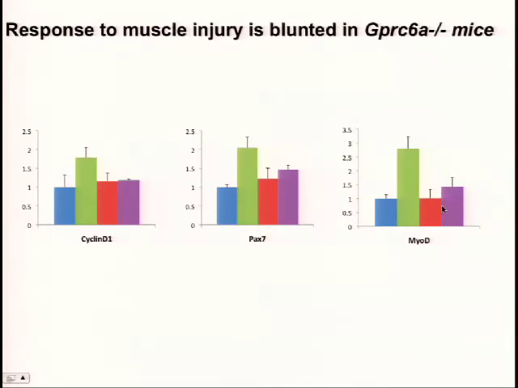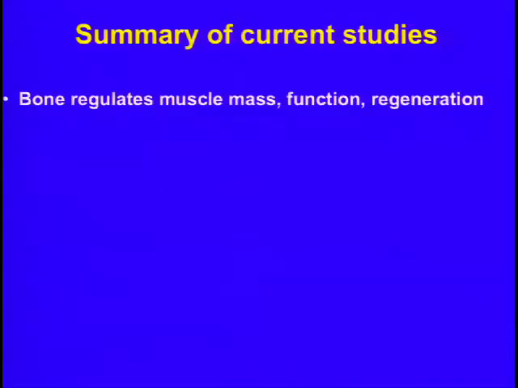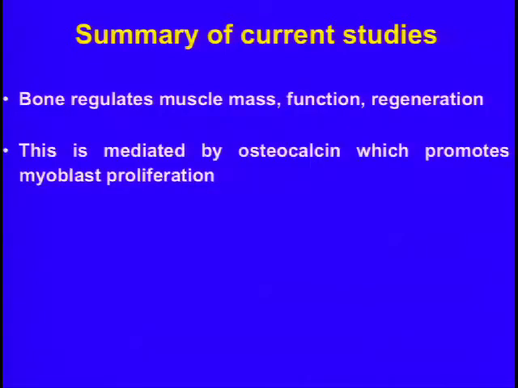So, in summary, it seems that among the functions of osteocalcin, the regulation of muscle mass and muscle function is one of them, and it's again a function that goes bad in aging. To be more precise, bone regulates muscle mass, muscle function, and muscle regeneration. It does it through osteocalcin, which promotes myoblast proliferation, and we have reason to believe that it promotes other aspects